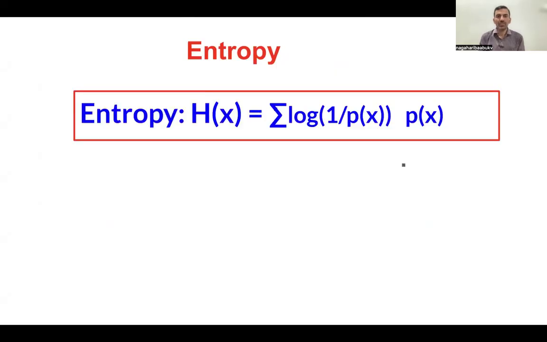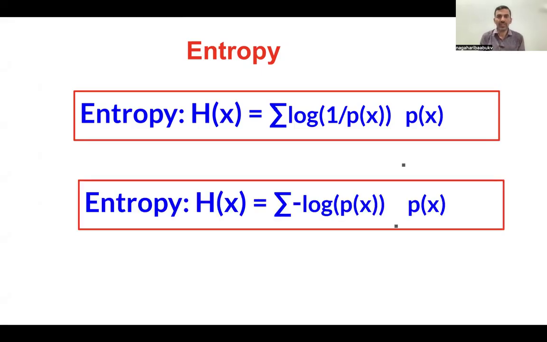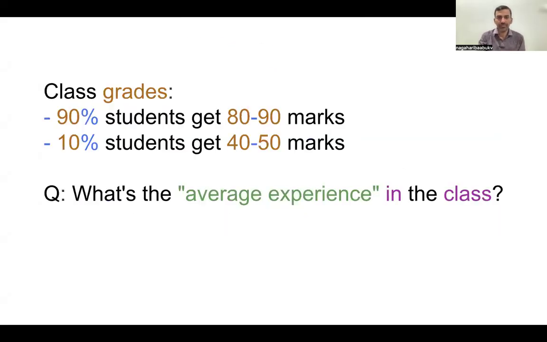So entropy is very simple. You just have to take an average value of surprise associated in a data set, right? It is also called expected value. So expected value will become p of x into log of 1 by p of x. We just multiply, so it becomes sigma of minus p of x into log p of x. So why are you multiplying with p of x? Because I want to know the expected value, the average value of the surprise associated in the data set, or the average value of the randomness in the data set.